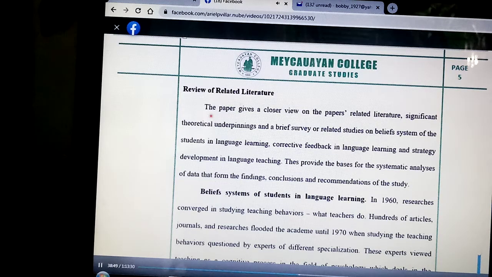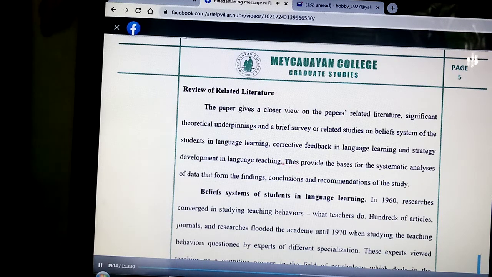Ito yung pinakaunang paragraph. The paper gives a closer view on the paper's related literature, significant theoretical underpinnings, and a brief survey of related studies and belief systems of the students in language learning, corrective feedback in language learning, and strategy development in language teaching. Ito po ay mga key terms ng title ng thesis nung nagmamay-ari ng thesis na to. Okay? Wrong spelling lang po dito. Pasensya na ha. These provide, wala na yung will kasi thesis na po ito eh. These may ilang dapat. Provide the basis for the systematic analysis of the data that form the findings, conclusions, and